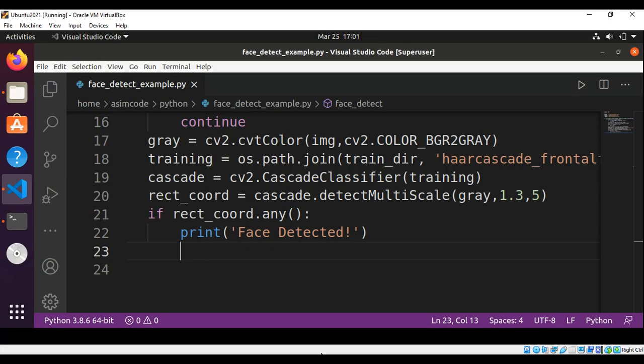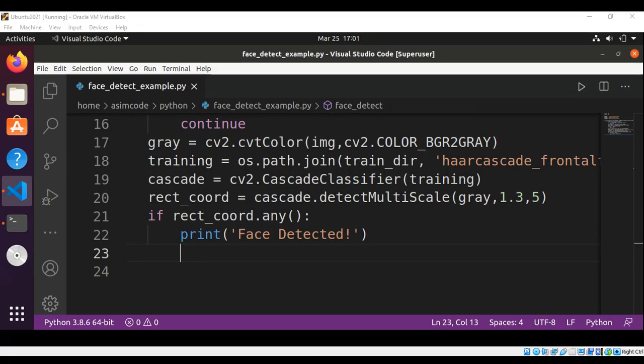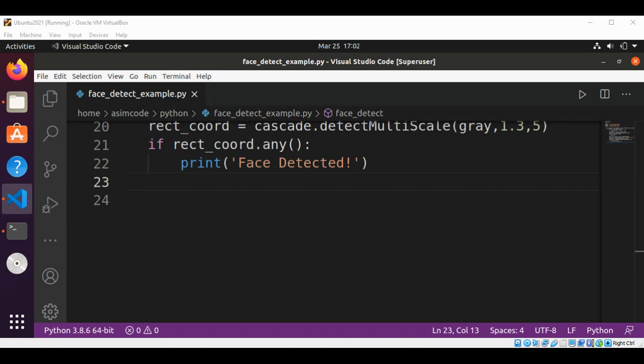We will use Python's slice syntax to convert from one form to another. That is, we convert the returned rectangular data to actual coordinates such as